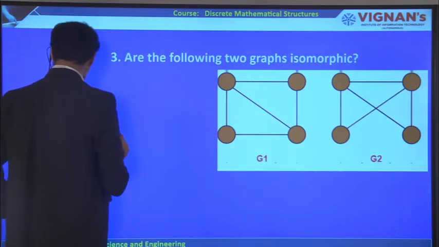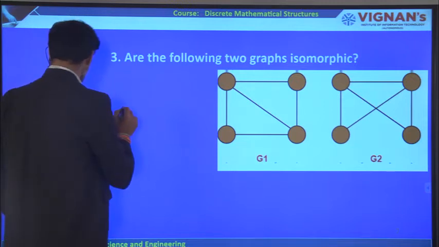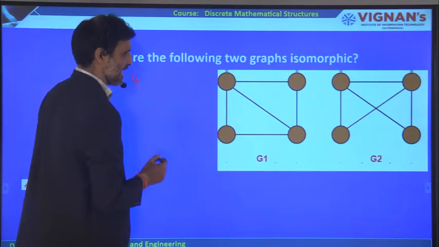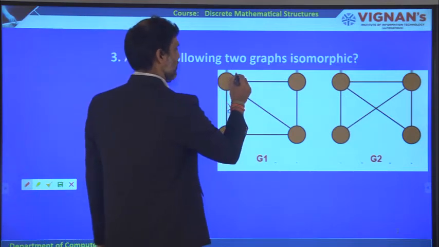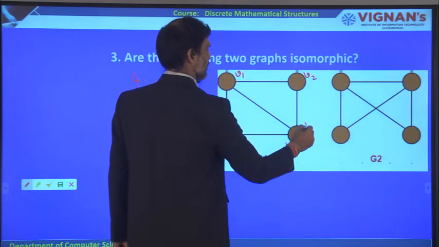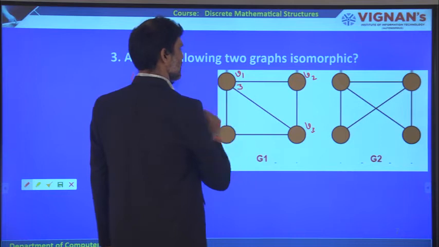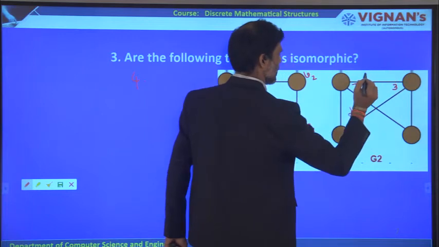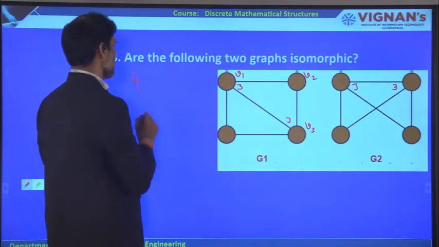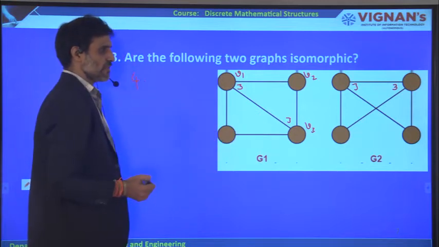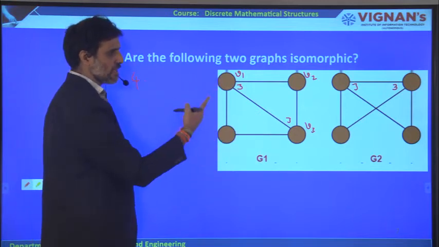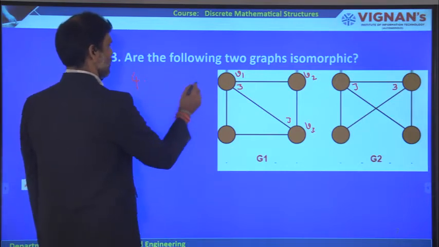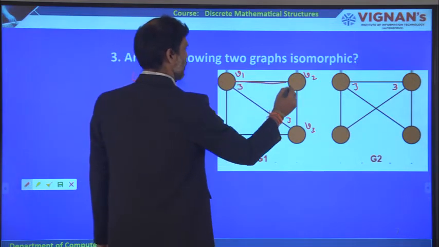Now coming to the fourth condition, what is the fourth condition? Here it is that they should form a cycle. Form a cycle of what? Suppose you take the third degree vertices, 3 here, this is a 3, here it is 3, here it is 3. So these are the third degree vertices in the first graph. Similarly, how do we take the third degree vertices in the G2 graph? What can you get now? You have to get the third degree vertices, and with respect to them, check whether they form a cycle or not.